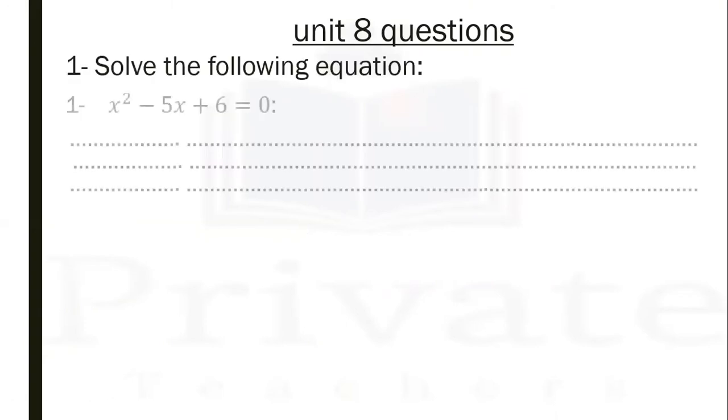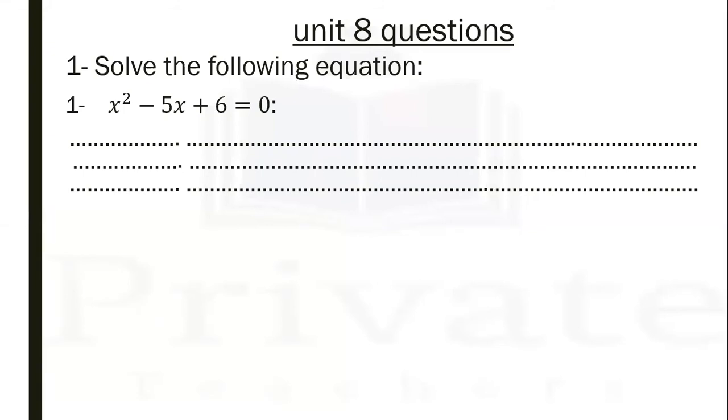Moving to unit 8 questions. Solve the following equation: x to the power of 2 minus 5x plus 6 is equal to 0. Unit 8 speaks about the second degree equation, and when we want to solve the second degree equation, firstly, factorize it. As we have known in the previous lesson, the lesson of unit 7 questions, we know how to factorize the second degree equation. Here, we have to factorize the second degree expression, and then we find the answer